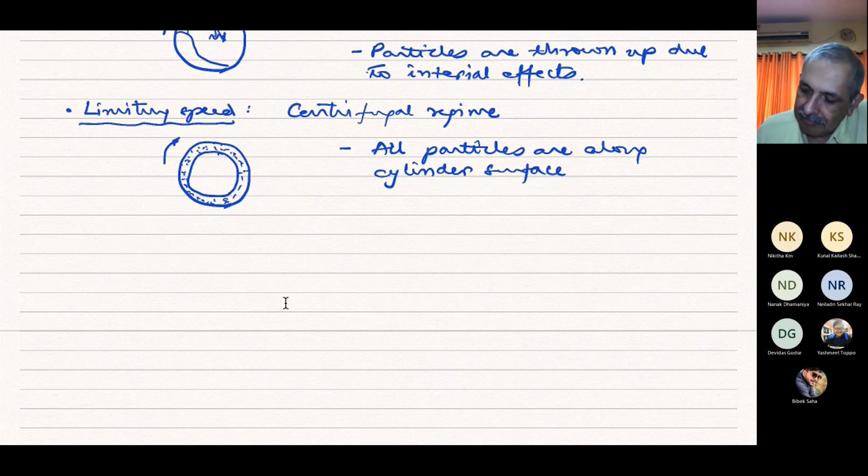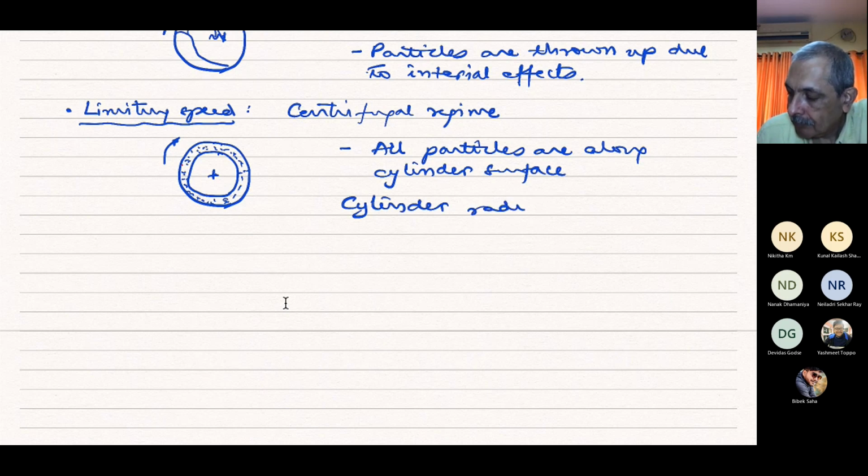So, typically if you just say that the cylinder radius is r, then the centrifugal force on the particle